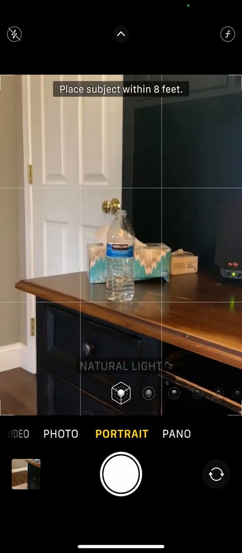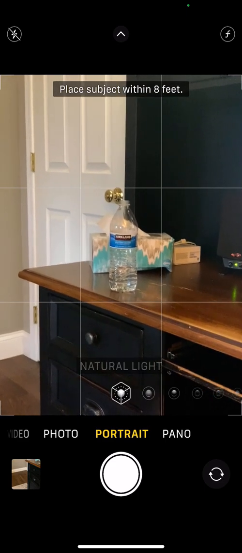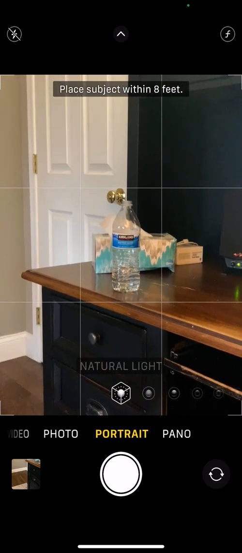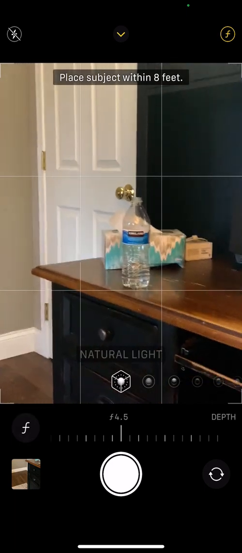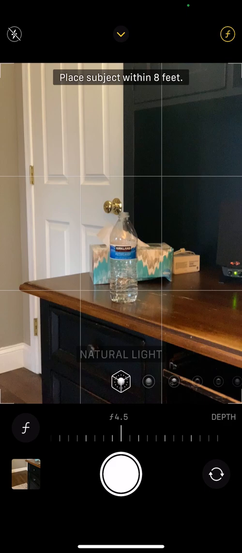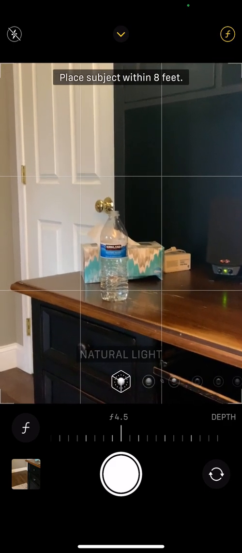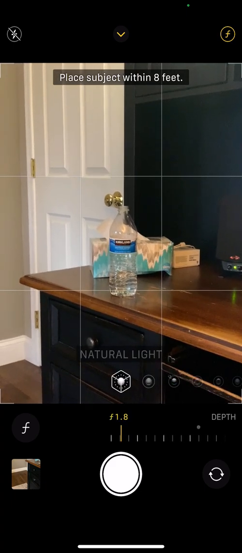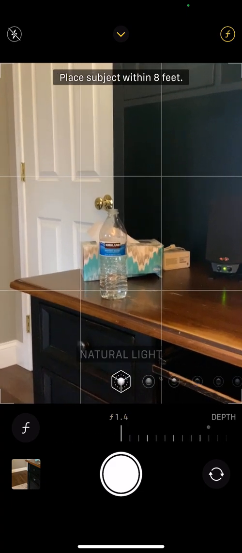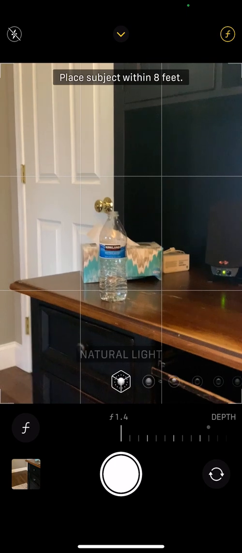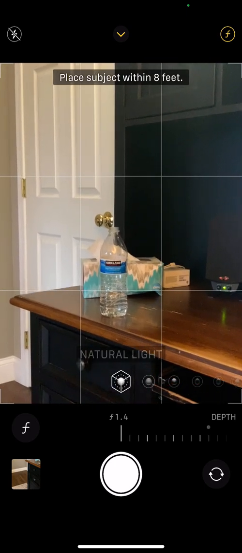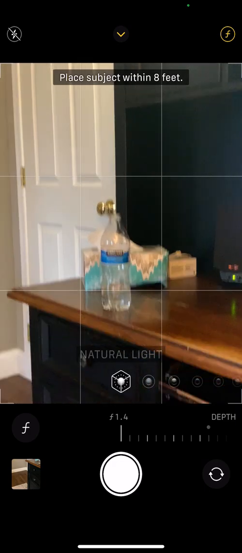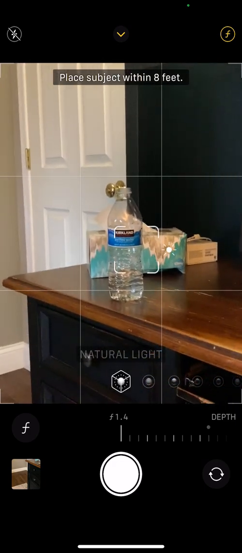I'm going to back up a little bit. In the upper right-hand corner of my phone, it might be located in another area, but I've got this F up here. That's your f-stop. Now, if you were in school and you were using the cameras in there, you would be shooting in aperture priority, which gives you control over your f-stops. So it's kind of cool that iPhone, at least, allows you to do this. If you have another type of phone, you might have some zoom capabilities that are going to change your background. But I want you to keep an eye on, if I focus here on this water bottle,